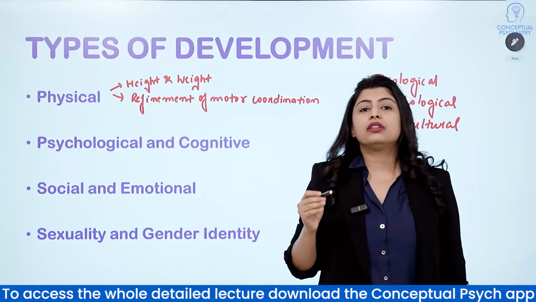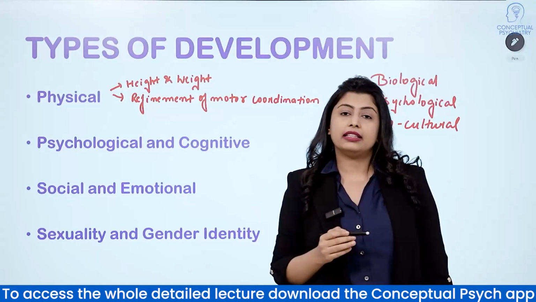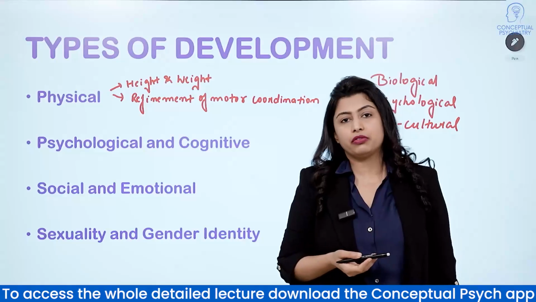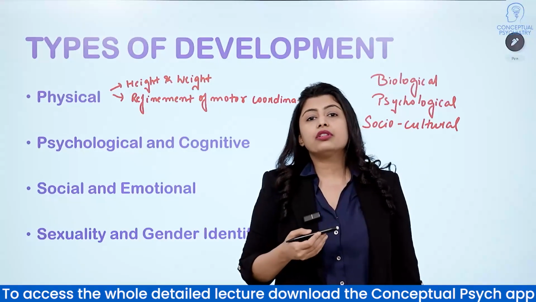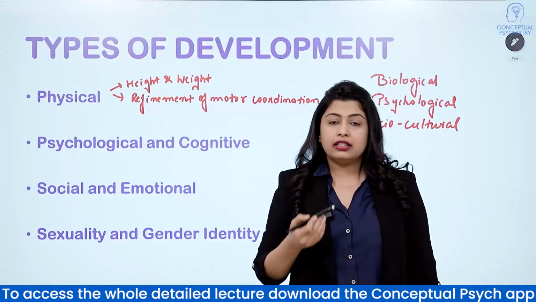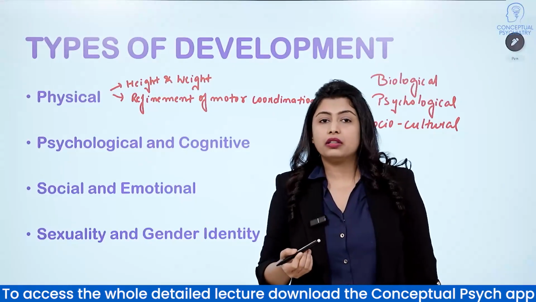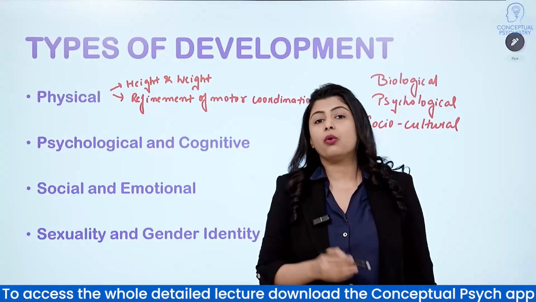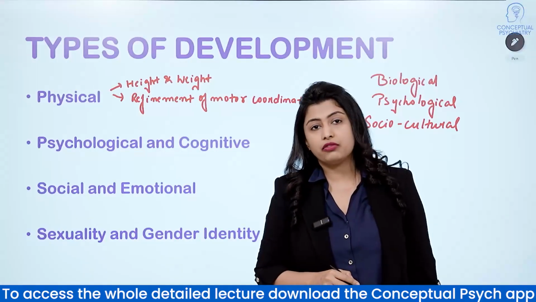Here, it includes the interpersonal, the societal, the cultural, and the ethnic factors that affect the development of a child. It is important to know how people and the environment interact with each other. The family, the peers, the co-workers, the social institutions, the culture, and poverty are all examples of sociocultural forces.